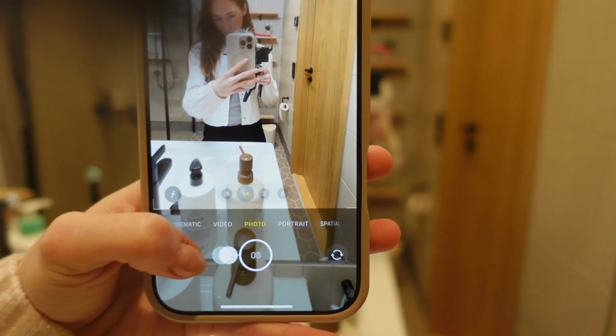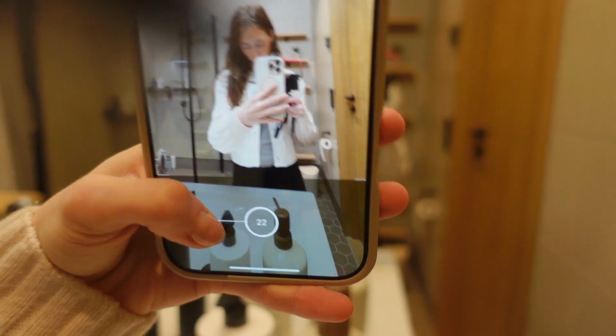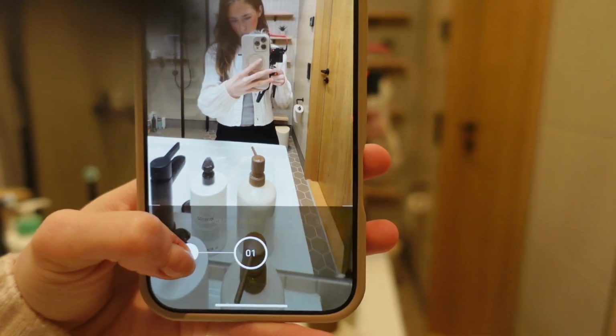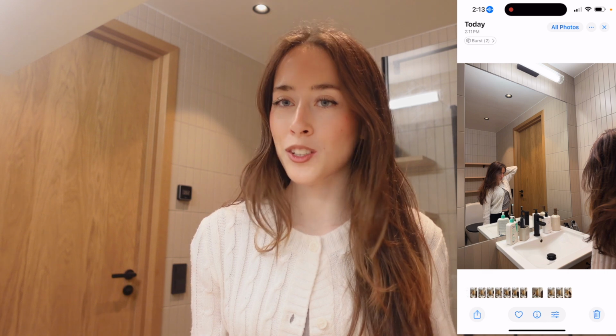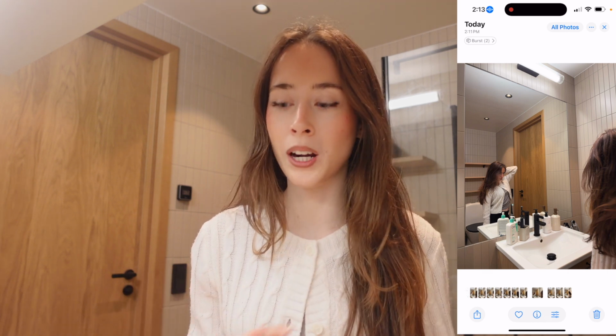So if you didn't know, the burst feature is basically when you just take a bunch of pictures and you swipe the camera button to the left instead of just clicking it and taking regular pictures. For as long as you drag out the camera button, it's gonna take pictures. So if you hold it for a couple of seconds, it's actually gonna take like 20 pictures or even more,